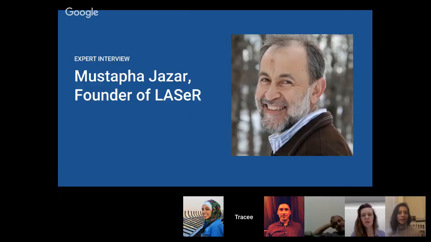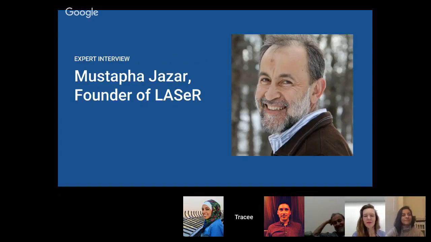So I'm going to hand it back to Genevieve to introduce Mustafa and his colleague, and then we're going to take it from there. Yes, so I'll actually flip to this photo. And Mustafa was just waving, but he'll be on in a second. So Mustafa Jazar is the founder of Lazer, which is a Lebanese NGO which provides scholarships to Syrian refugees who are living in Lebanon. And I'm sure he'll add more detail about the other things they do because they always have more projects on the ground. And Zaina is his colleague who oversees that project.